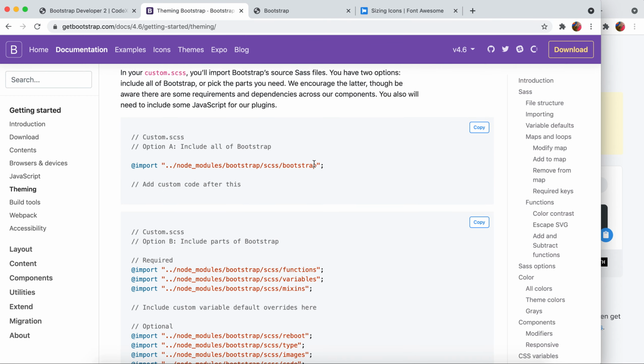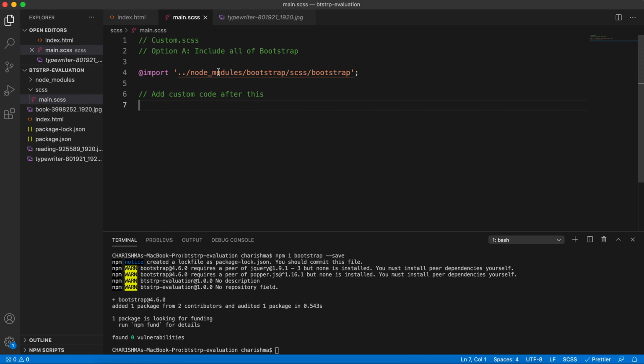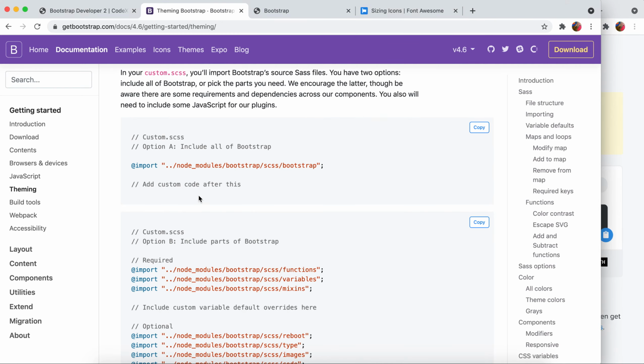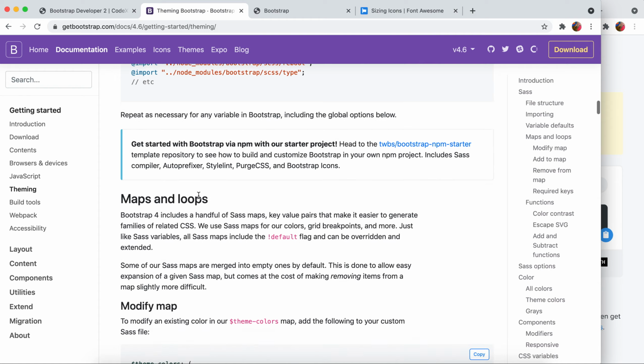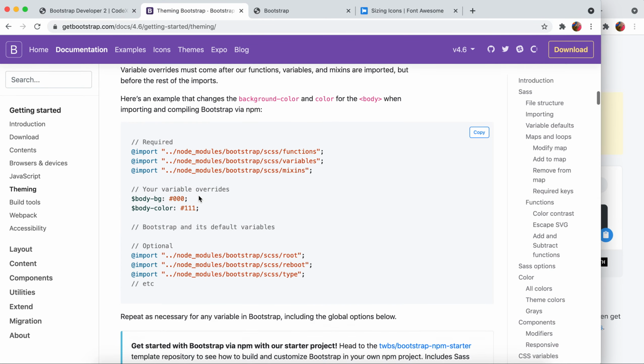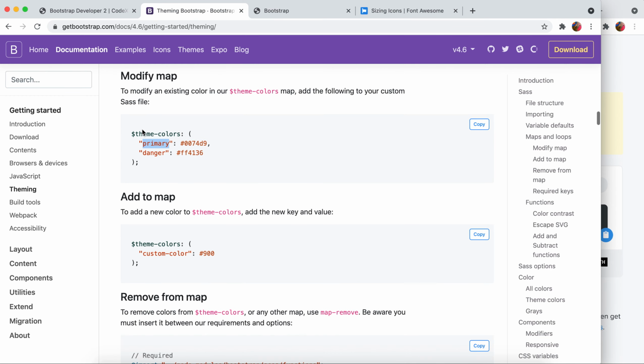So for now I'm gonna copy this, I'm gonna paste it in my main.scss. Okay, I have imported, and then what does it say? Okay, to change the defaults, like if I want to change the primary value, I can put this thing in my Sass file,